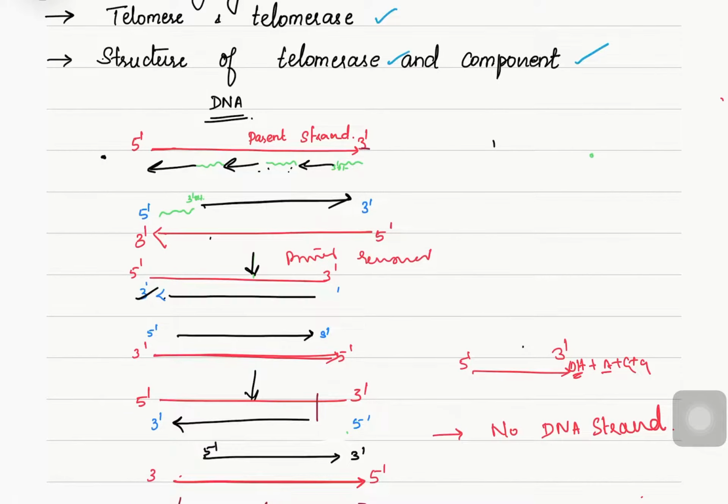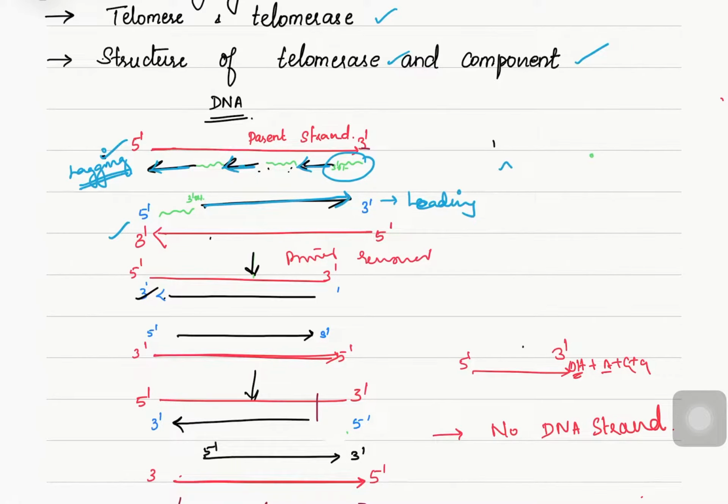So first, in DNA replication, we know we have two parent strands, all running in 5' to 3' direction, and we have a new strand synthesis which is also running in 5' to 3'. If it is a continuous strand, then it is called a leading strand. If it is short fragments, then we call it a lagging strand. All this DNA replication explanation we have already shared in our other videos. So here we are going to see this briefly so that we can understand what is telomere and telomerase and how it functions.